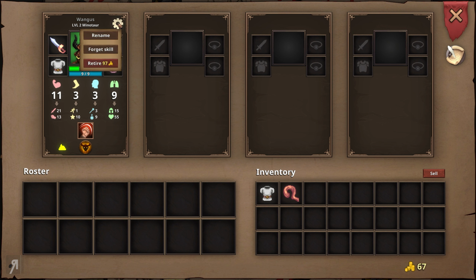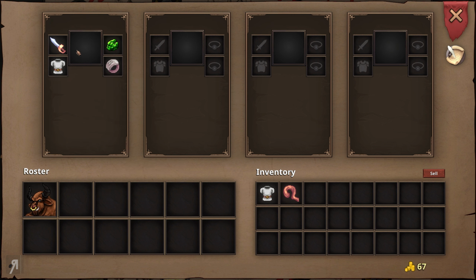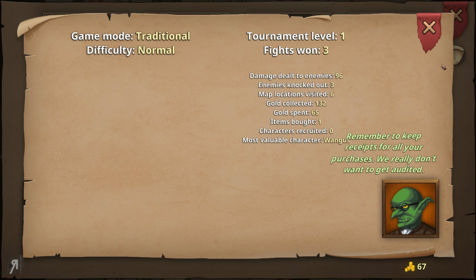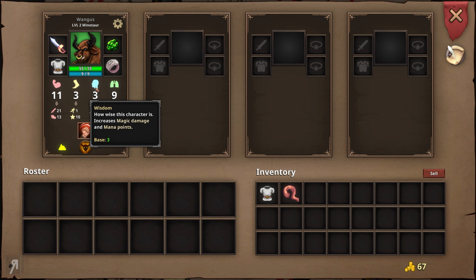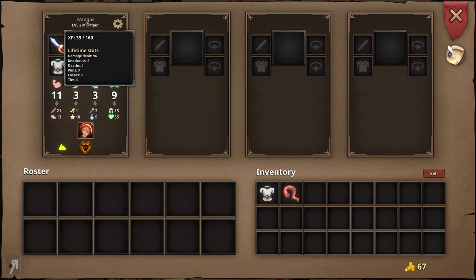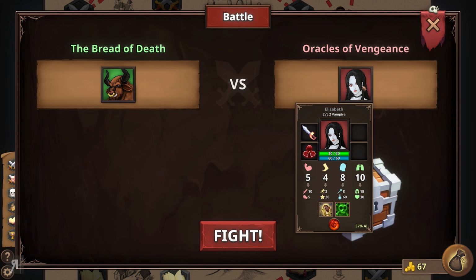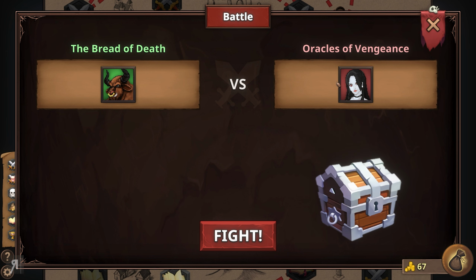Okay, so how much can we... You can rename and forget skills and so on with this, but I can't see my experience gain. Yeah, I can't see my experience gain, so I'm not entirely sure how much it actually takes to level up. So that's a bit... Oh, no, there we go. I can actually see it. So I would have leveled up from 200 experience. Okay, so that actually tells me everything I need to know. So in other words, in future...